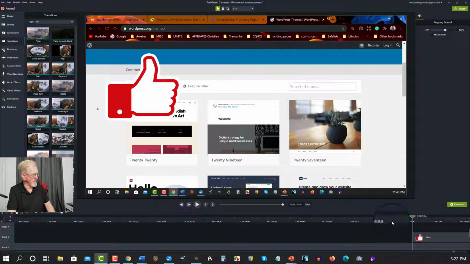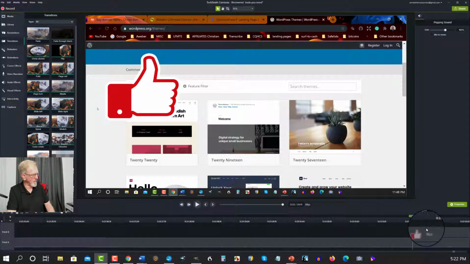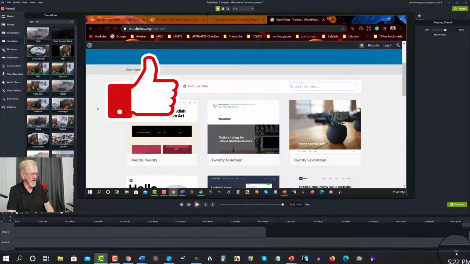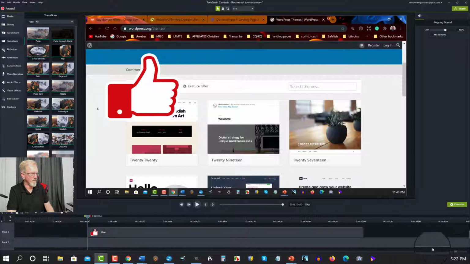Now when I press in, if I go further up, oops, let me just drag that across a little bit so as it goes further on, so you can get it a bit closer to the center and we can see what's going on here. There we are. So when I hit play,